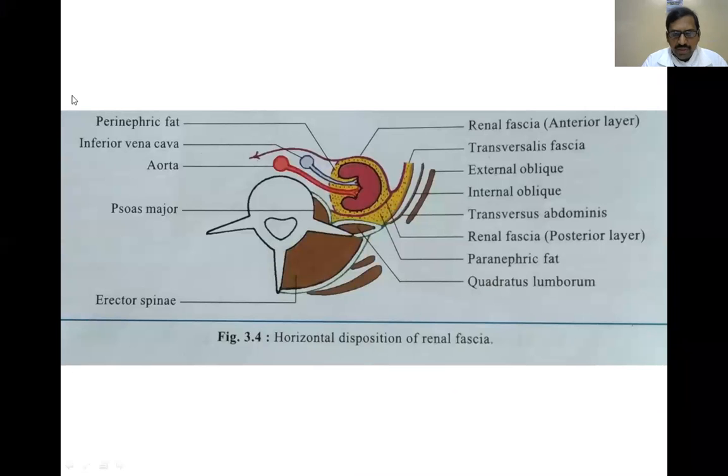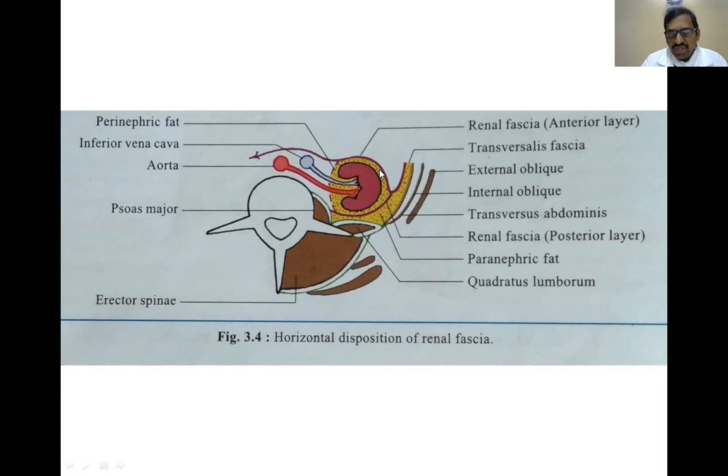You see here, this is the kidney, and this is the true capsule or fibrous capsule. Outside this is the perinephric fat. This perinephric fat is more in the hilum. This area is called renal sinus, and this area is loaded with fat. Apart from this, it is also surrounding the kidney. This is the perinephric fat. And outside this perinephric fat, there is another layer, that is the